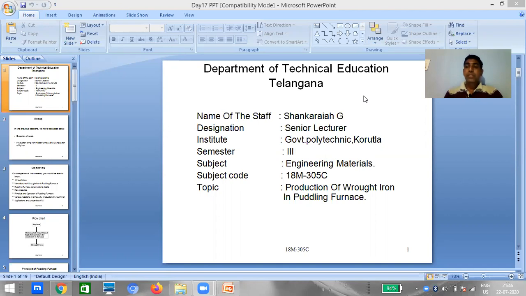And later we have discussed the construction details, how the construction of a blast furnace. In a blast furnace, you are having a cylindrical type shell. Inside you are having refractory material lining. The top portion is known as throat and the middle portion is known as bosh and the bottom portion is known as hearth. Okay. So when the operation takes place, you are keeping the charge at the top and